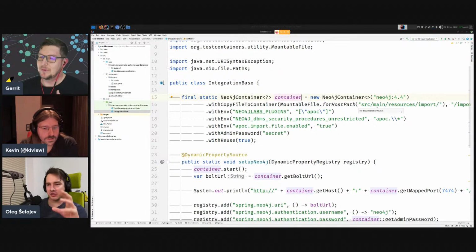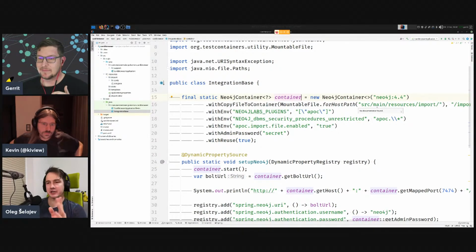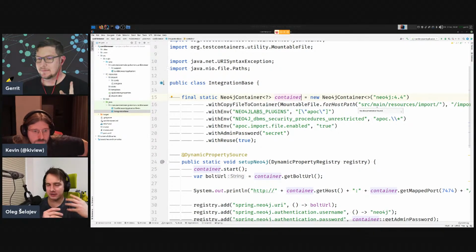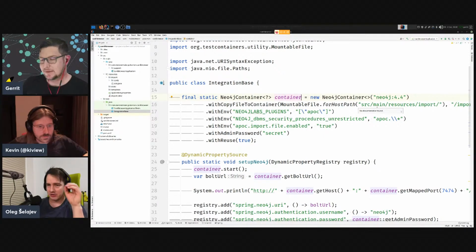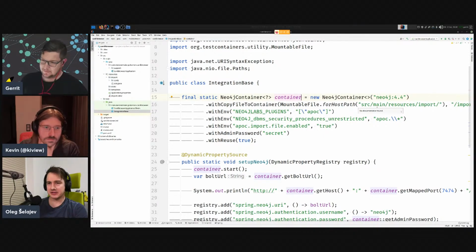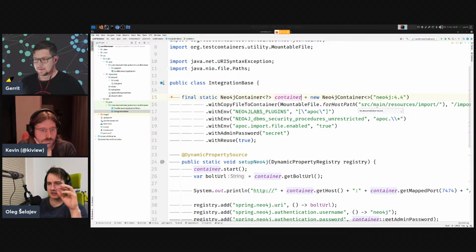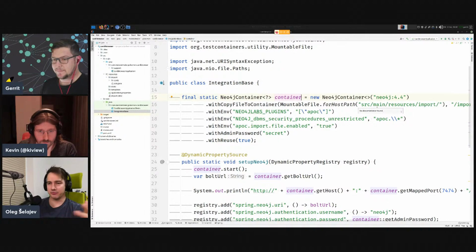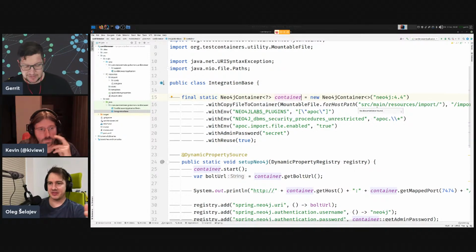Right. So just to give some context, this is a Spring application that you created using start.spring.io. You added the Neo4j data dependency and Testcontainers, and that's basically it, right? Exactly. And then